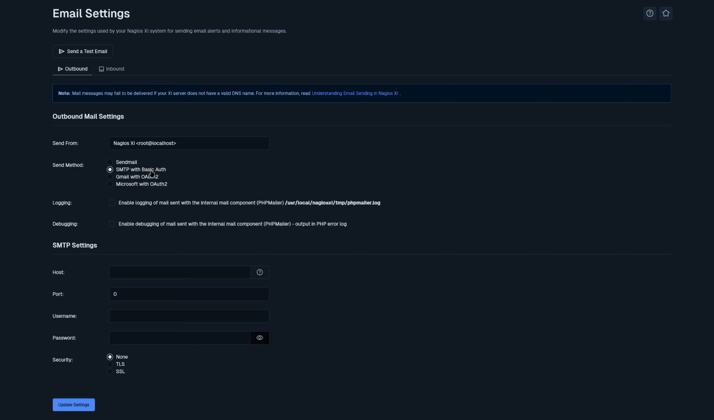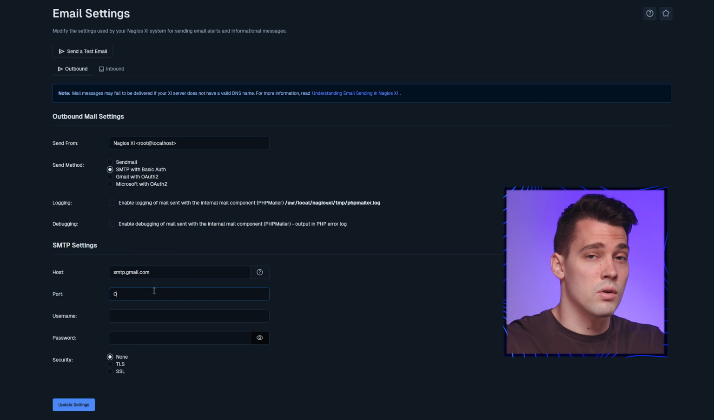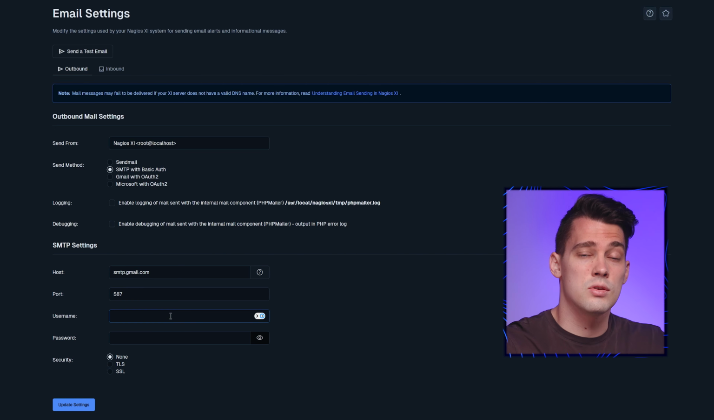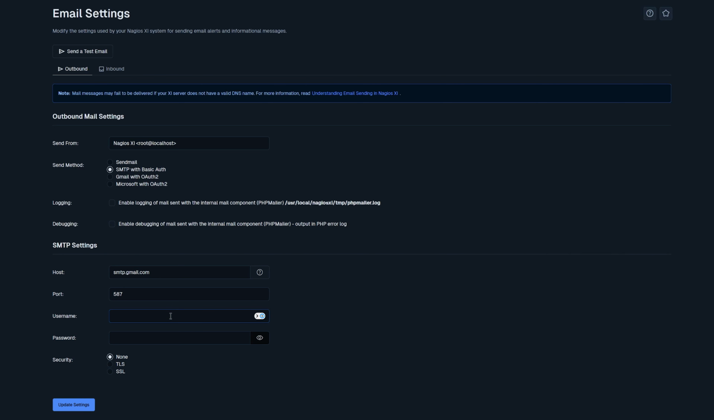security type. For our example, we're going to be typing in smtp.gmail.com. And for the port, if you don't know the port for Gmail, it's going to be 587, but you could do a quick Google search to find the port number. And for the username, you're going to use the email that you're going to use to send from Nagios XI to your main email. So in my example, it's going to be